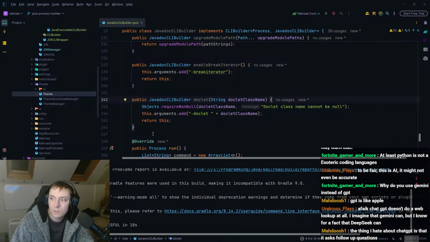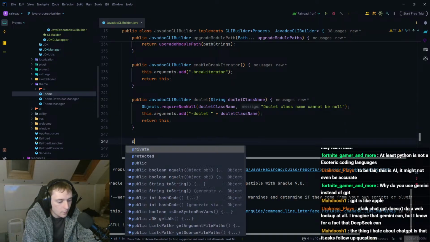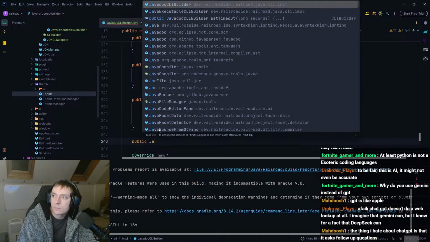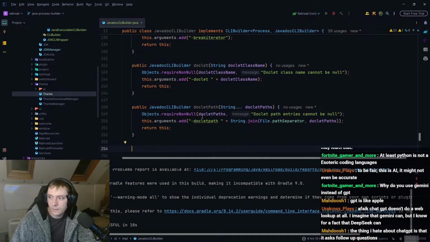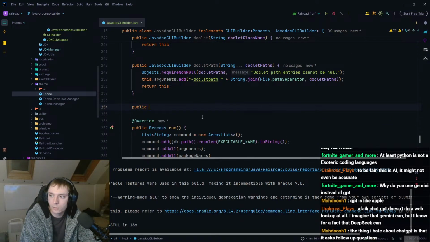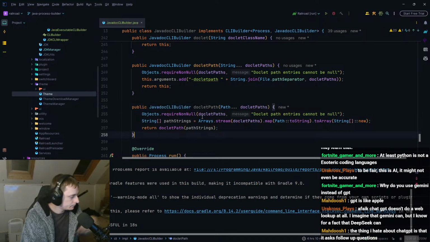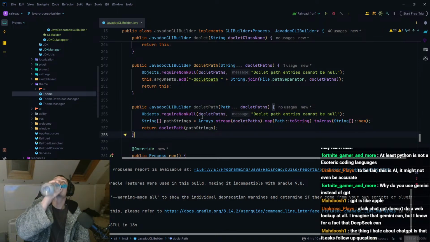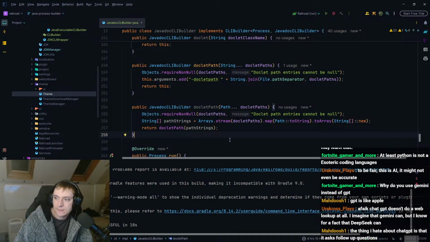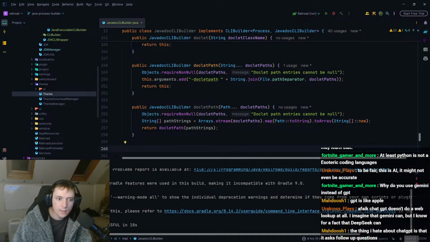And then the next one is the doclet path. So that's what I was looking at. And then if I do an overload, okay. Overload, yeah, just takes in path, which is exactly the same as the other ones. That's fine. Okay, the next one is